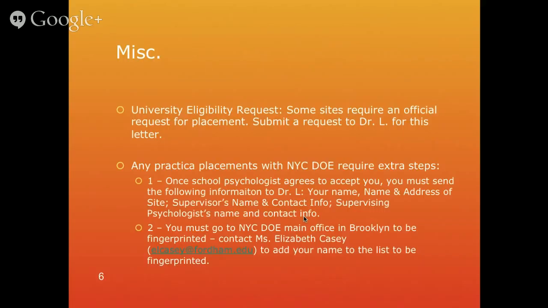Number 1, once the school psychologist agrees to accept you, you have to send me some information. I listed the information there below. Number 2, you have to go to the New York City DOE main office in Brooklyn to be fingerprinted. You can contact Ms. Elizabeth Casey to add your name to the list so that you can be eligible for